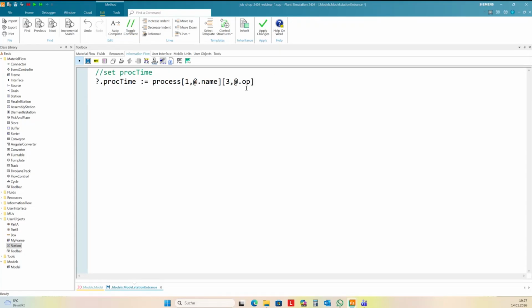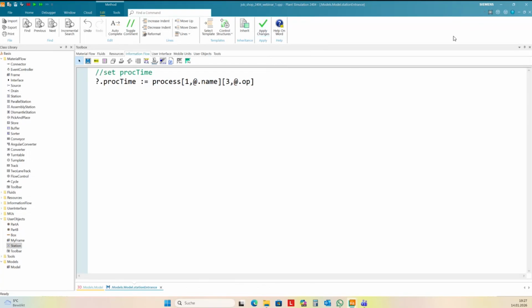And so I can set the processing time dynamically. And this, in the same way, you can set as a formula in the processing time field. It would have the same effect.